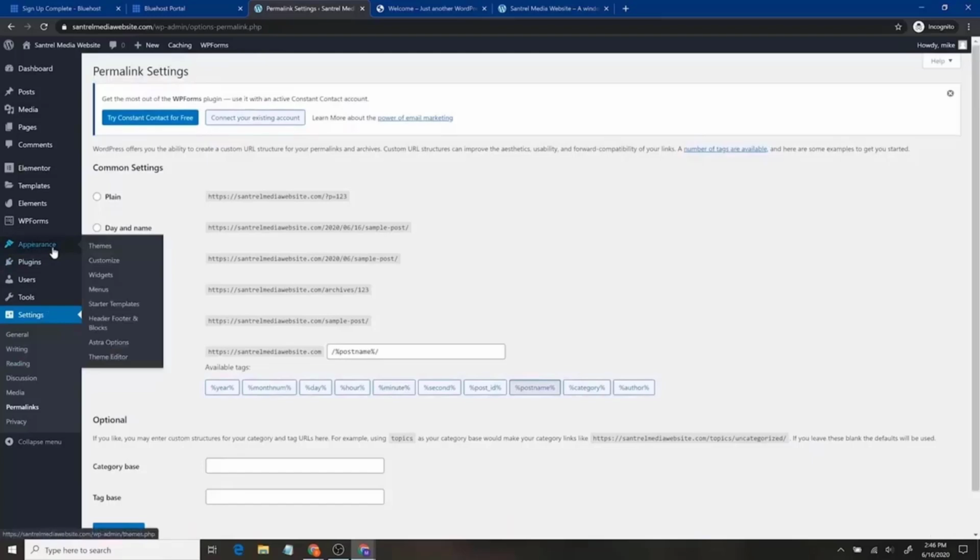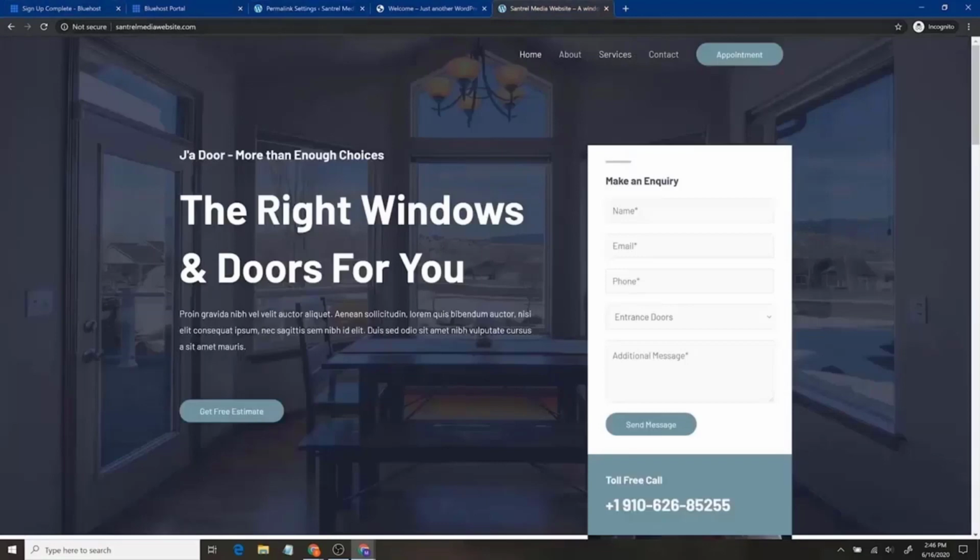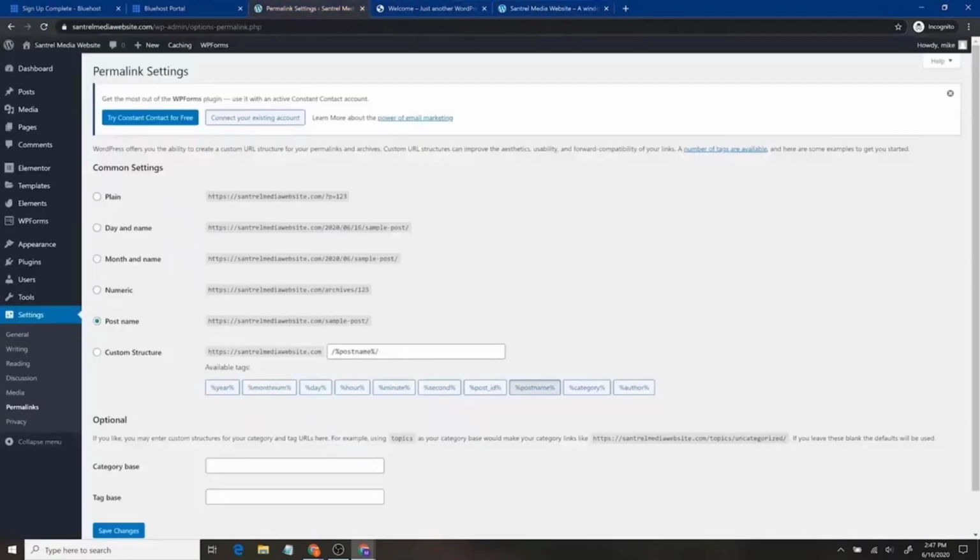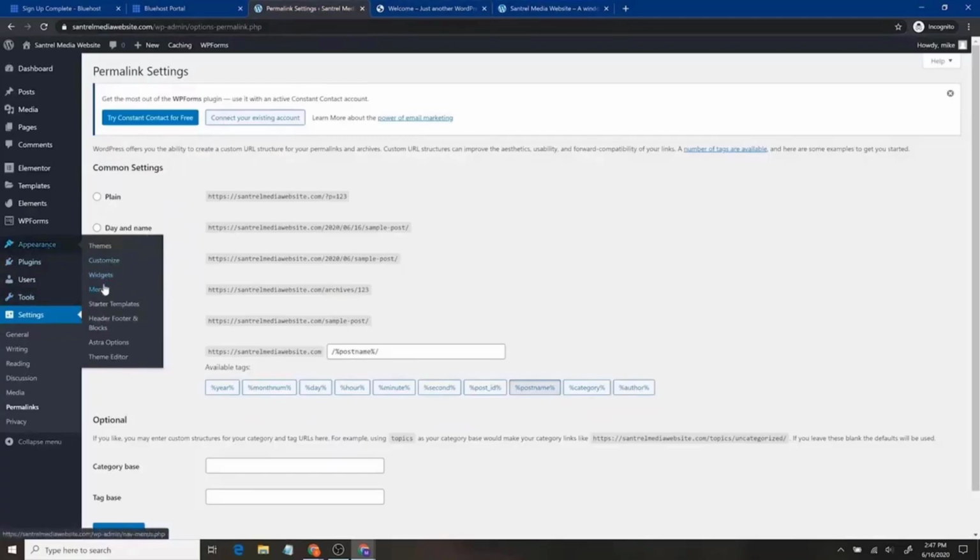Now, going back to appearance, something else we might want to do with this website. So first of all, let's go and open the website. So now if we type in the domain, it shows up here. This is our website. And you can see here that maybe we want something else up here. Maybe we want something next to appointment, another page, for example. If we made a new page, it's not going to show up here by default, and that's because it's not in the menu. So if we go over on the left side to appearance, we can go down to menus,